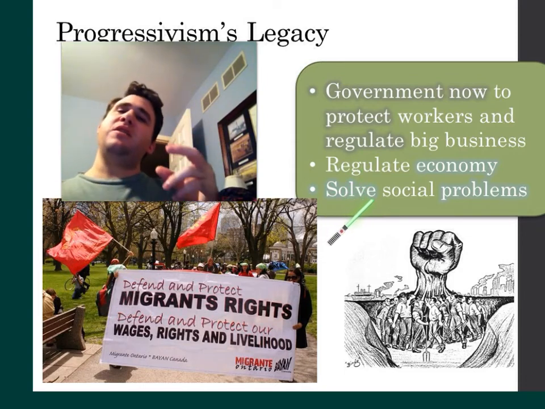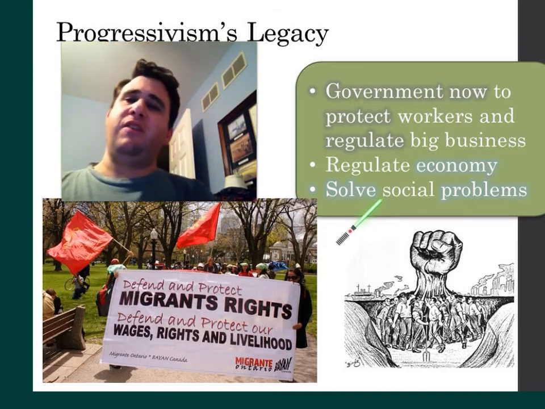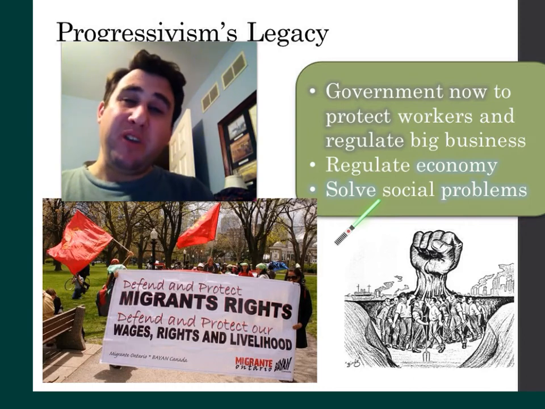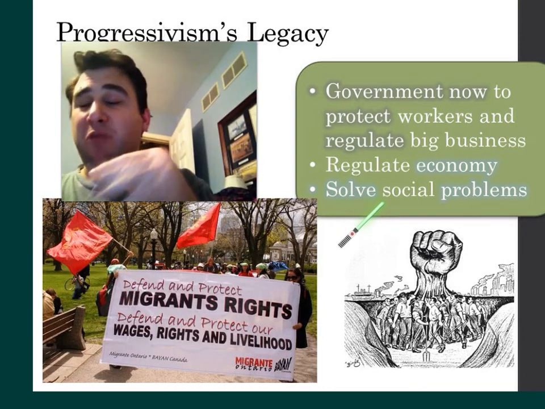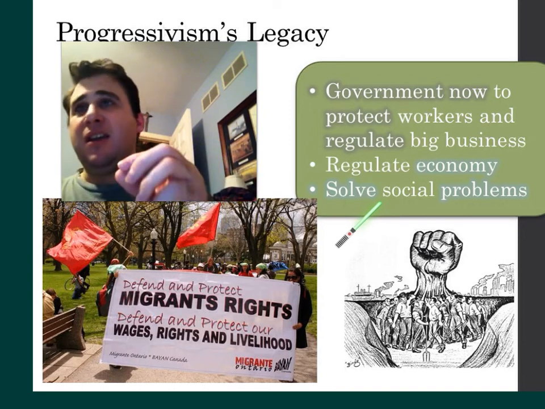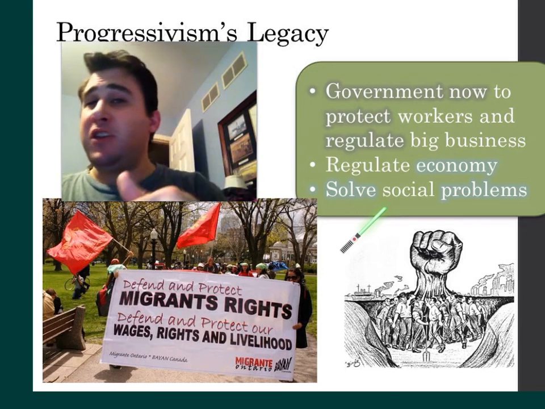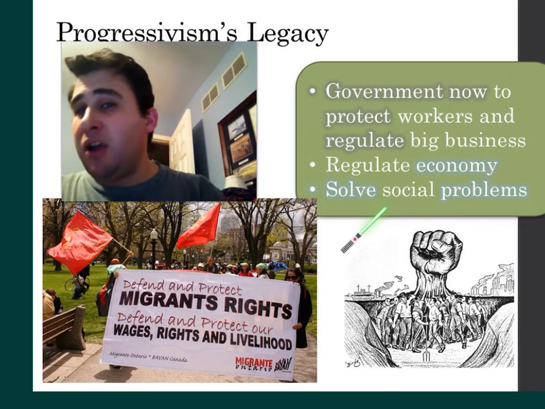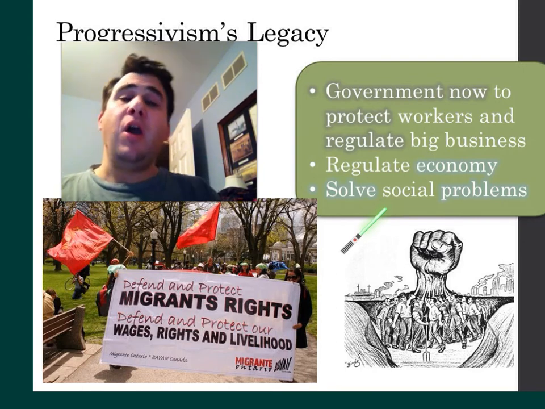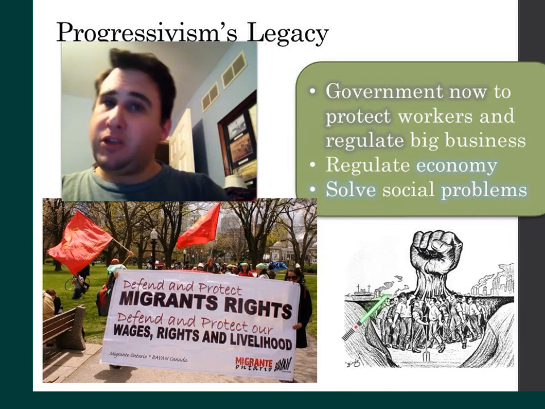And then tied to that is going to be the beginnings of a kind of pushback against laissez-faire, where we're going to say, at some level, we're not just going to regulate business, we're going to regulate the economy, like we did with the Federal Reserve Act of 1913. And ultimately, we're going to try and solve social problems, whether that's housing or food, the Pure Food and Drug Act, or the Keating-Owen child labor law. We're going to try and fix social problems as long as our system itself isn't too corrupt.